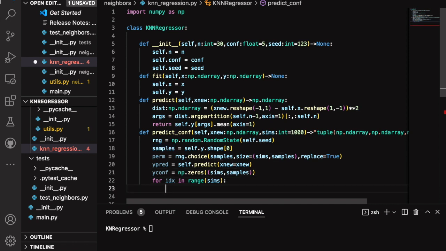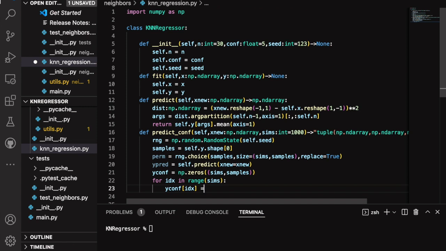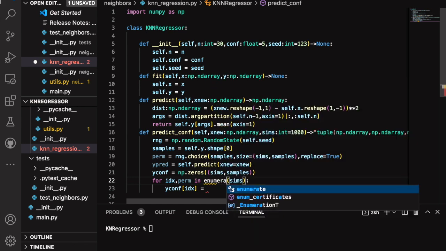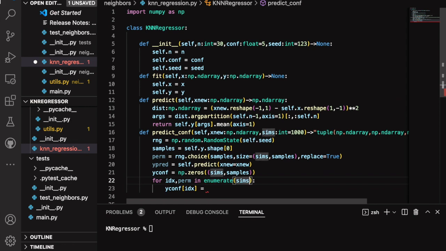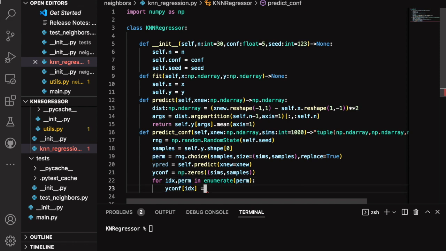So I'm going to say y at our confidence at idx is going to be equal to... and actually I should get our permutation out of this loop. Permutation, and actually let's make this enumerate. And instead of here, this should be our permutation. So we'll loop through each permutation. So we'll say the y_conf at idx is going to be